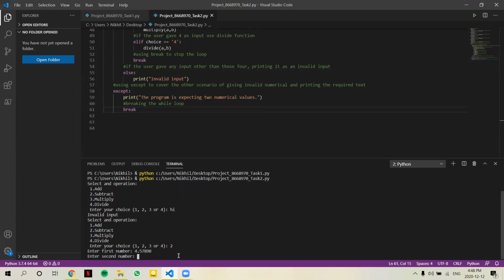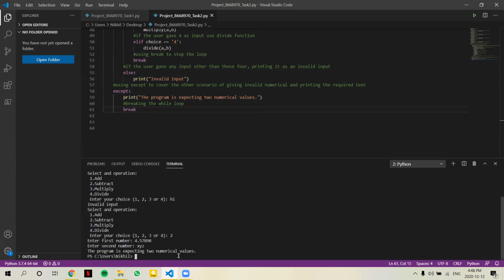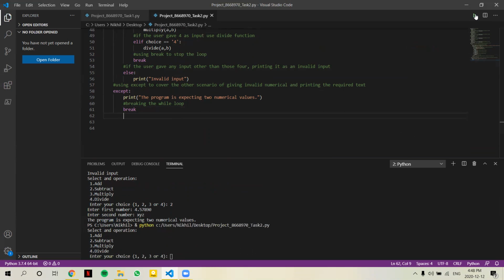So I'm giving this. And in the second number, if I give an invalid input like XYZ or something, it is saying that the program is expecting two numerical values, and it is simply ending the code as you asked. So I need to run the code again.